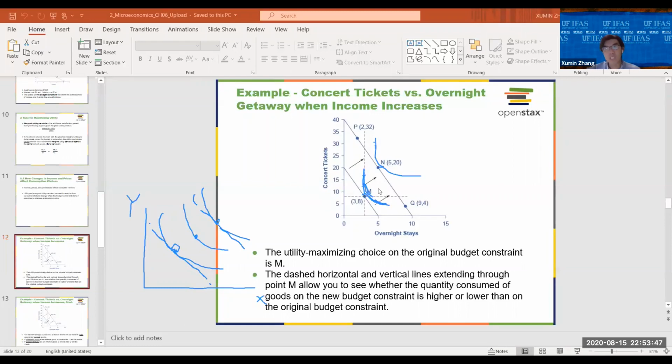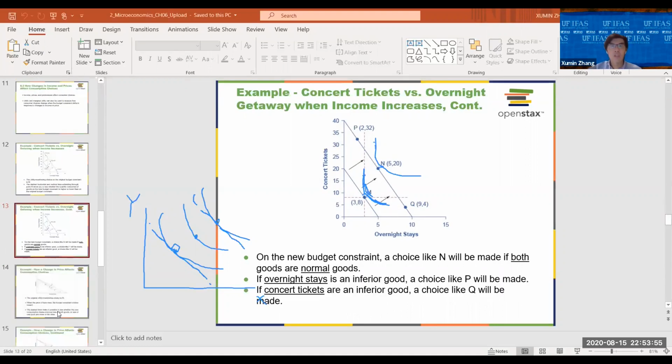Based upon what criteria? Remember that the marginal utility per dollar is equal between those two goods. All right, just try to keep it simple. So the first one, the shifting of the budget constraint, we call this the income effect. In this case, we know that the two goods are, let's say, normal